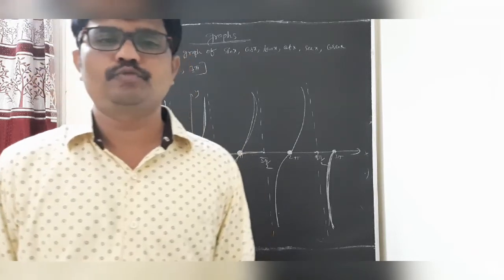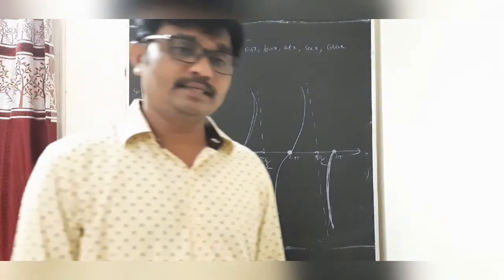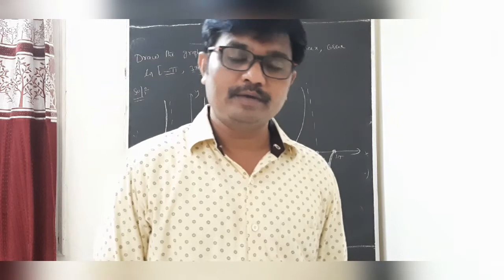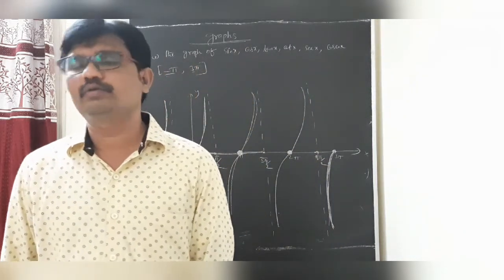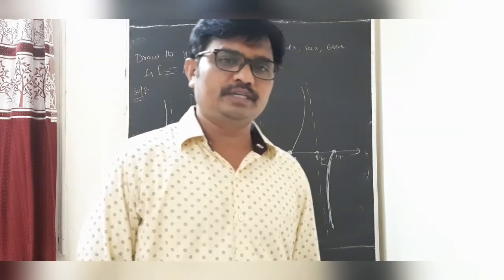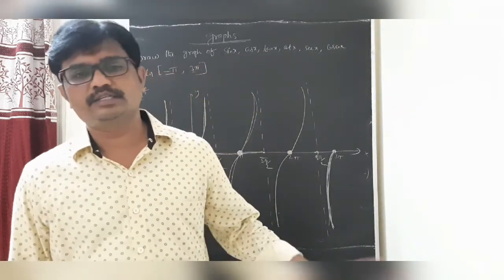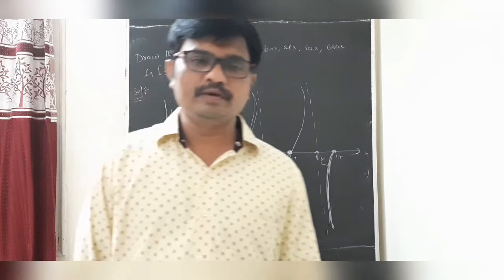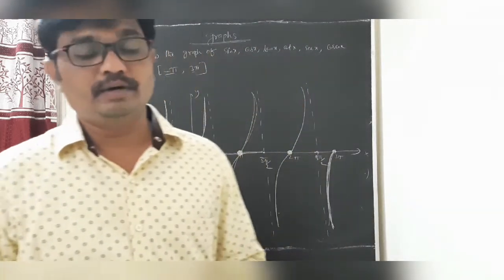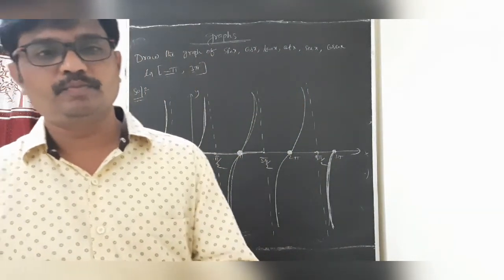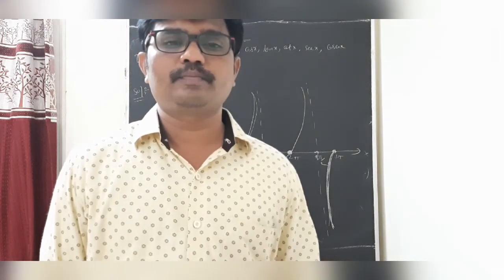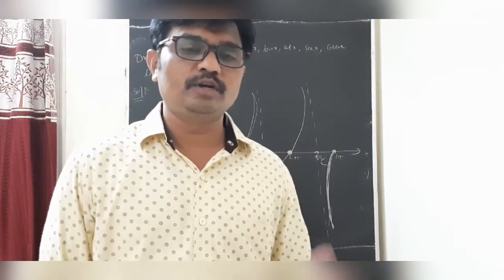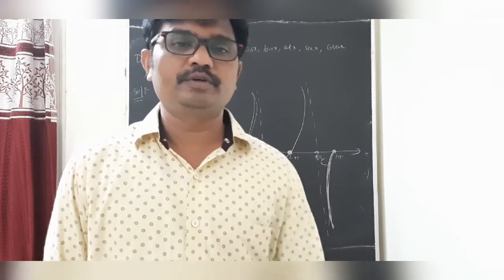cos 0 is 1, cos 2π is 1, cos 4π is 1, cos 6π is 1, but cos π is minus 1, cos 3π is minus 1. So our observation is that for cos θ, cos of an even multiple of π is 1, but cos of an odd multiple of π is minus 1. Cos of (2n+1)π/2, an odd multiple of π/2, is undoubtedly 0.